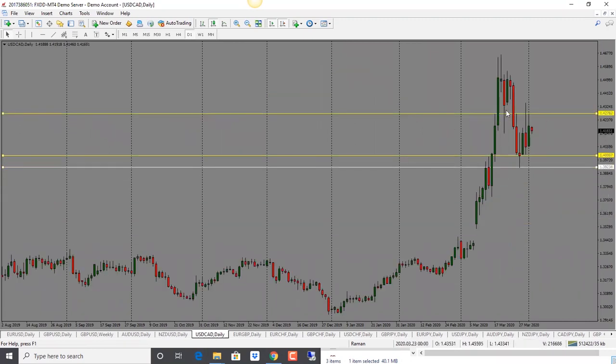Dollar CAD here, this one has been trading in a range. Yesterday, we saw that price went up right into the resistance here, and now it hasn't broken the resistance. So I am neutral on this. For the last several days, price tried to drop. It couldn't hold. It tried to go through. It couldn't hold. So this one is range bound.